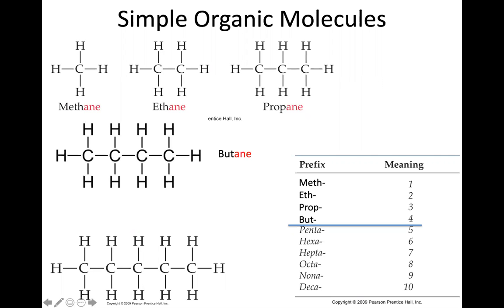Take a second, see if you can make sense of this next one. It sure seems like it's extending the pattern, and I see 1, 2, 3, 4, 5 carbons, so that would be pentane. I think several of these organic molecules are ones that you've heard of before. My hunch is you've probably heard of octane when you think about components in your gasoline, and perhaps hexane as well.